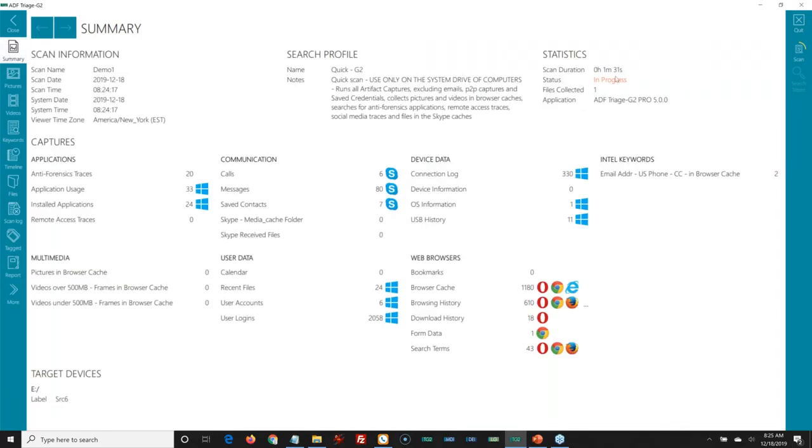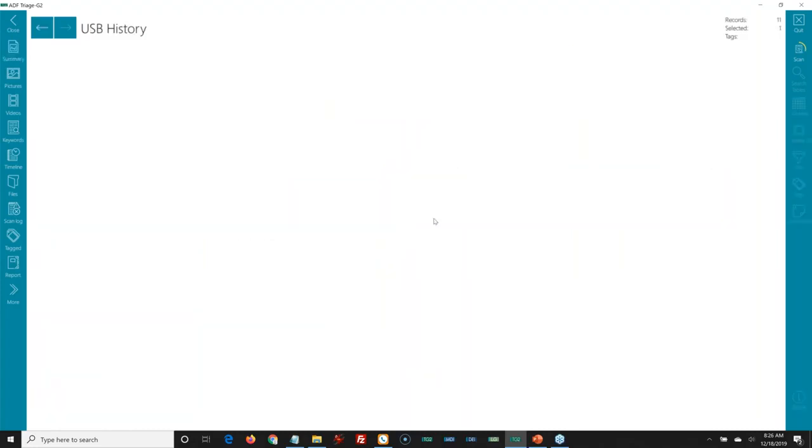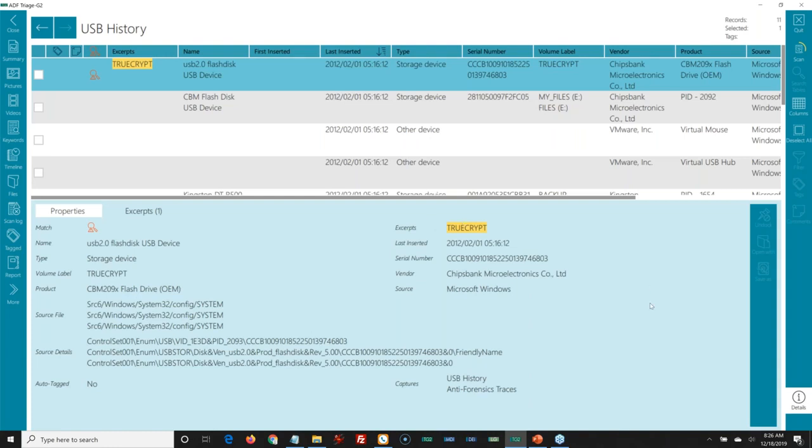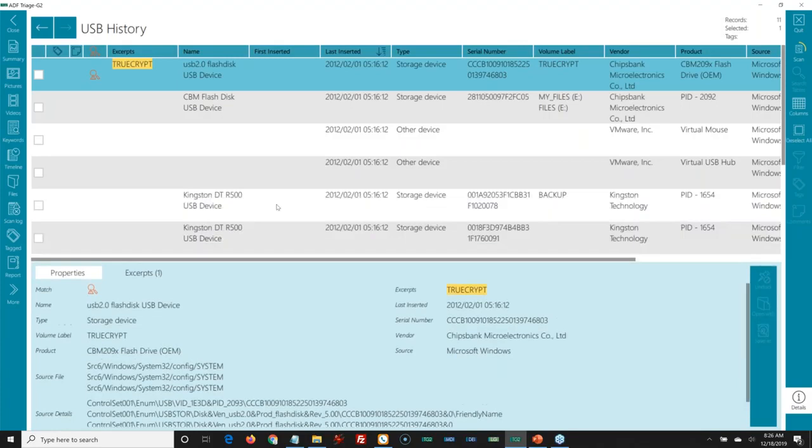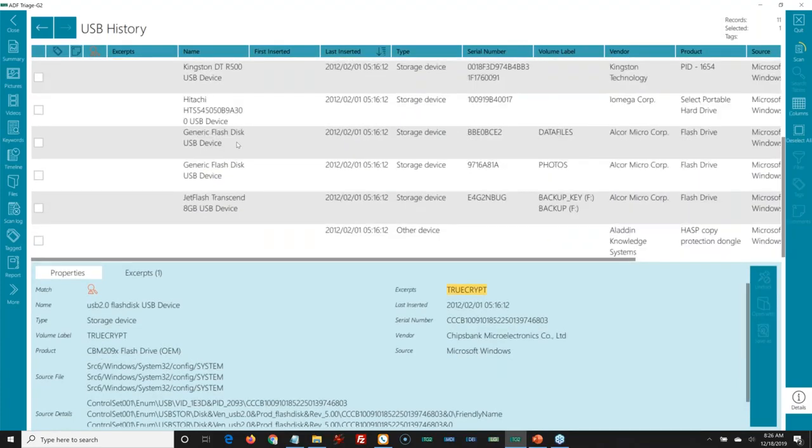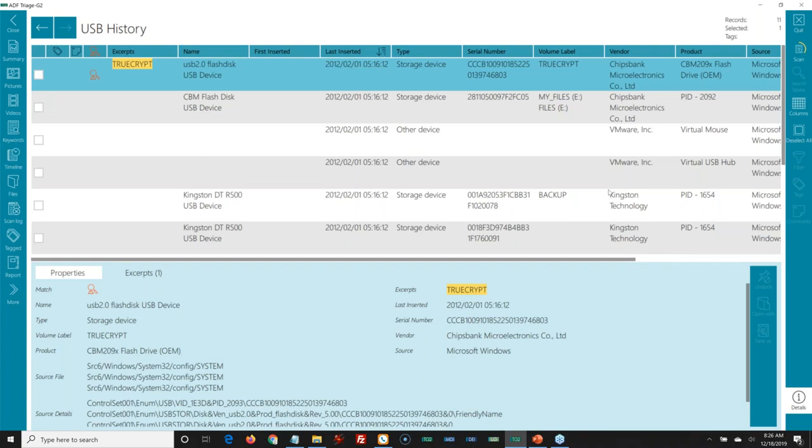My summary page, it ran for 1 minute and 30 seconds. It's only gotten to the point of collecting one file, but all my artifacts are already parsed out. If I was on site, it was even less than the 1.5 minutes that I'm looking at here, but I have the listing of all the USB devices that were attached to this computer or that Windows had registered. So it gives me a good idea of what to be looking for when I'm on this site.